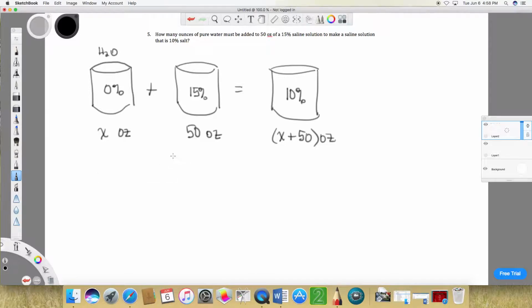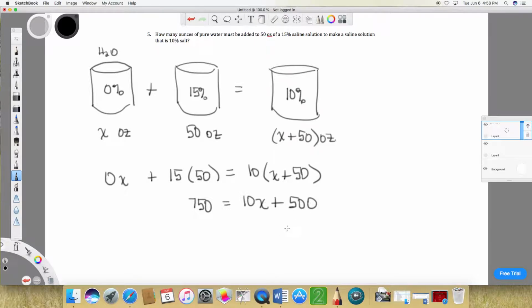So in this bucket method, we multiply the concentration times the volume. 0 times x is just 0. We've got 15 times 50. We have 10 times x plus 50. 15 times 50, I think, is 750. Distribute the 10 through: 10x plus 500. Subtract 500 from each side